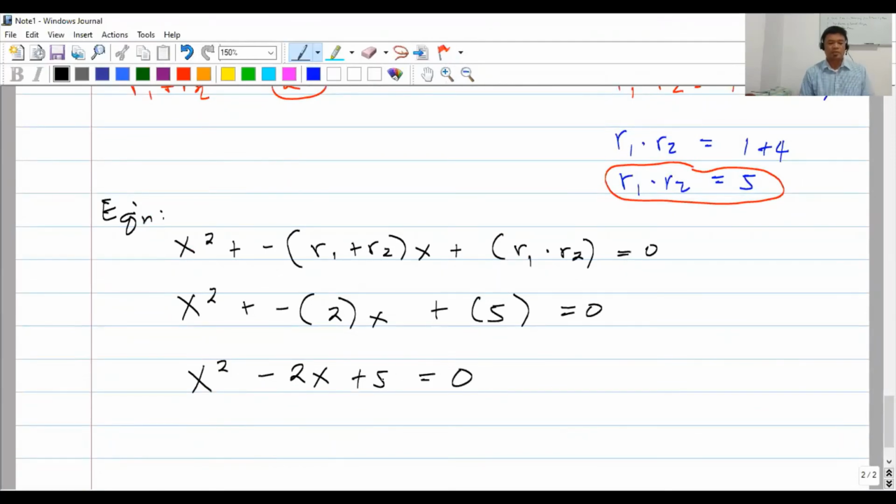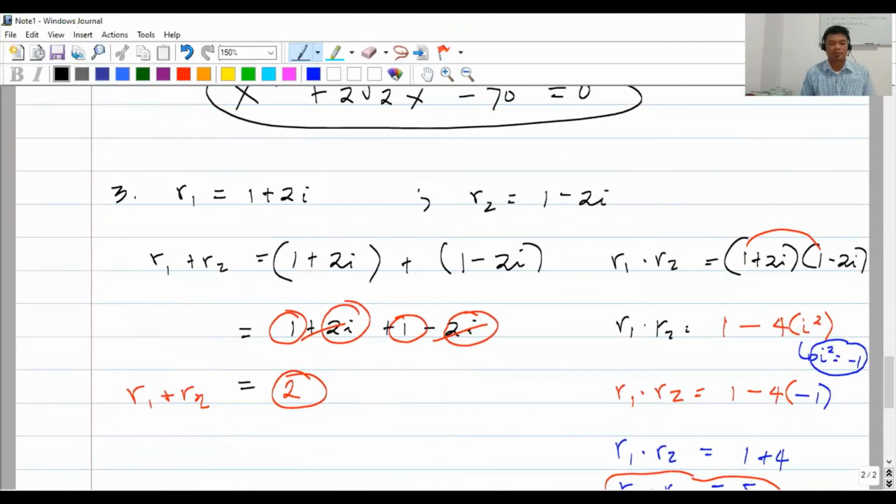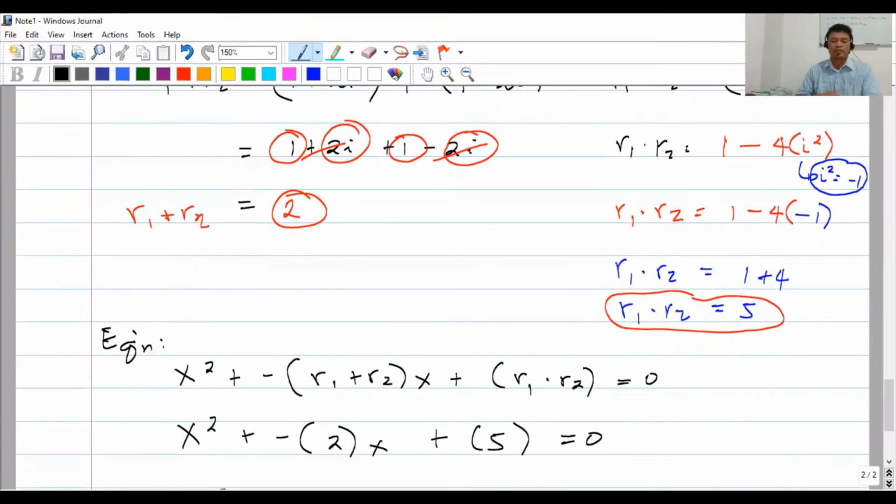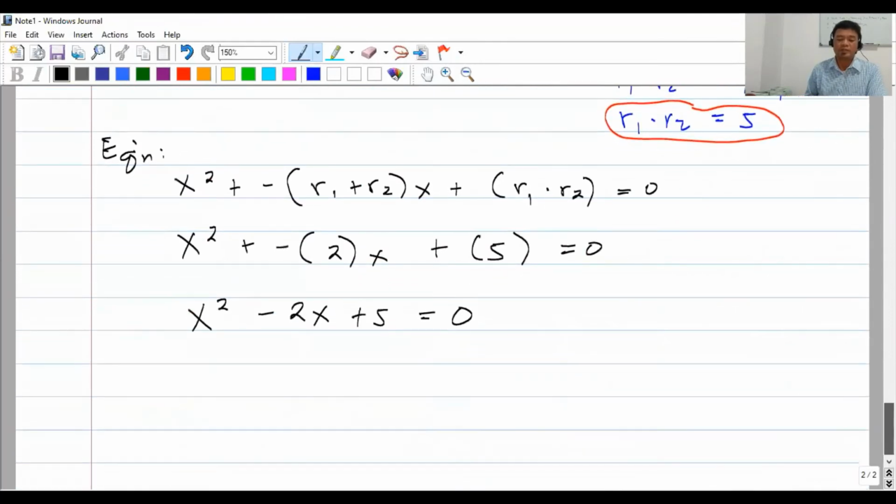So this is our equation that we have formed given our roots, which are 1 plus 2i and 1 minus 2i. That's how we make use of the sum and product of roots in finding the quadratic equation in the second degree. Okay, next,